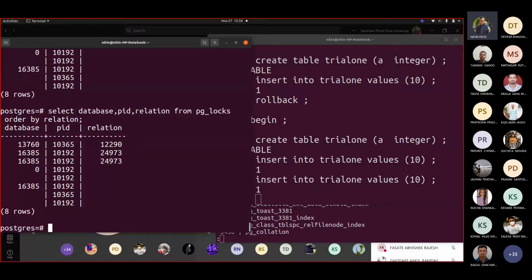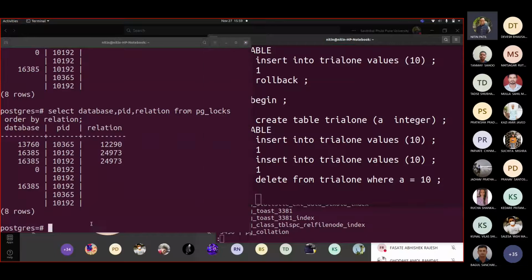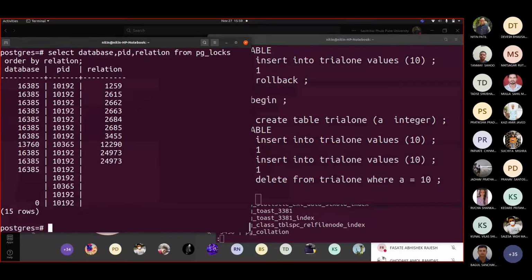You will see the same number of entries, 8 rows. Now let me write delete from trial1 where a equal to 10. Let me fire this. Now those internal relations came into the picture.